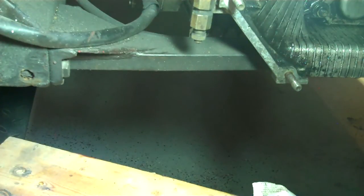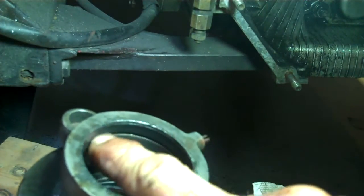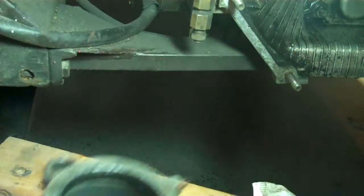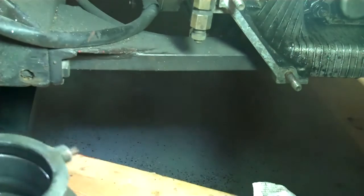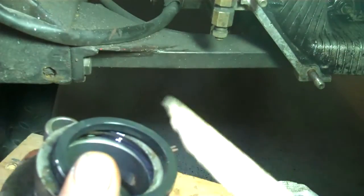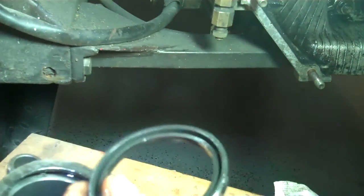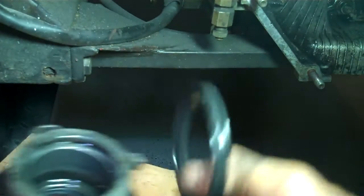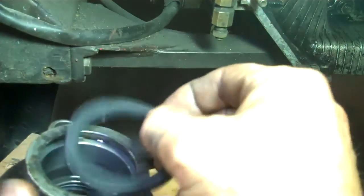And then, it's hard to see, but the big one's back here. It's just so flush with the other one that it looks like it was born there. So we will pop that out and replace it with the new one. Okay, this one actually did pop out with the sharpened stick routine, and when it pops out you can see that the groove goes downward. So we're going to chuck that one on the floor, get our new one with the groove going downward,